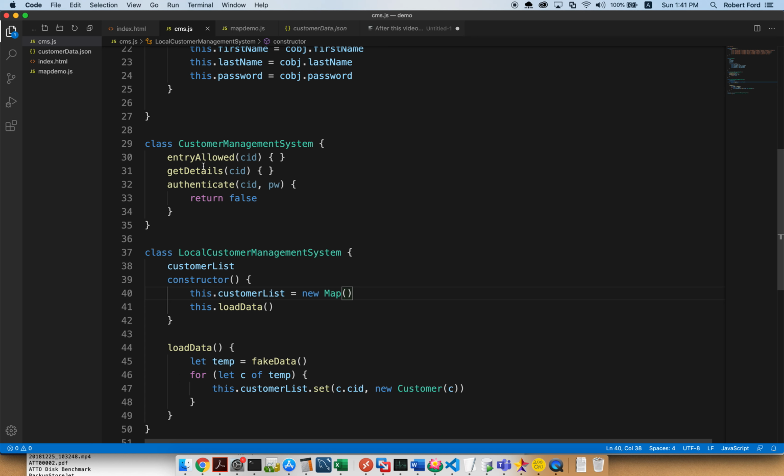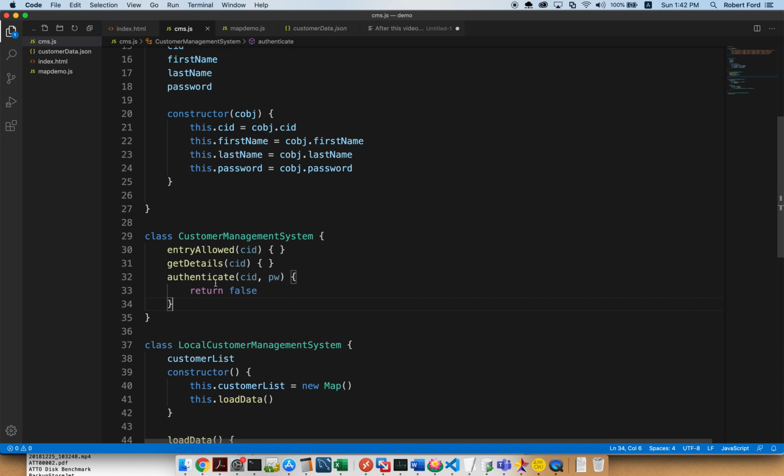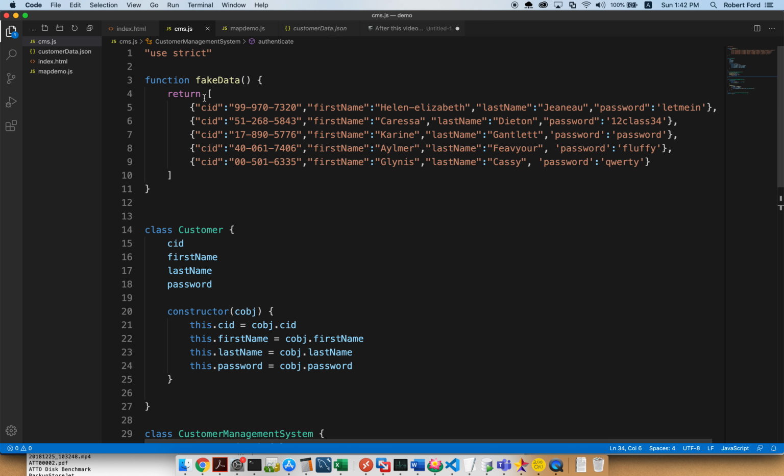Like, I've gotten rid of my allowed entry, I've gotten rid of my get details. The only thing I'm going to include here is this thing called authenticate, and I'm going to do that in a little bit. Okay, and of course the important thing here is I've gone into my data and I have added some